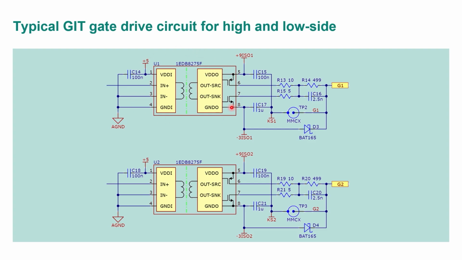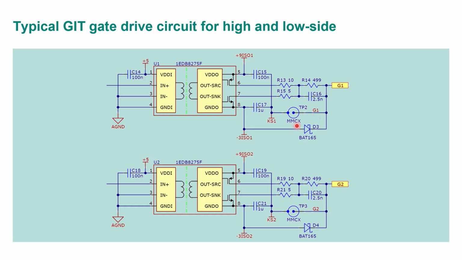So I'm using a standard off-the-shelf driver here. This does have a couple of cool features I'll mention, but it has bypass capacitors here. So I have +9 and -3. And then the Kelvin source here is my local common. That's what goes to the source, the Kelvin source of the transistor. And then here's the RC network. I've also included a connector here, this MMCX. This enables easy measurement of VGS on either the high or low side. So you wouldn't have to put this into production, but at least for initial testing, this is handy.